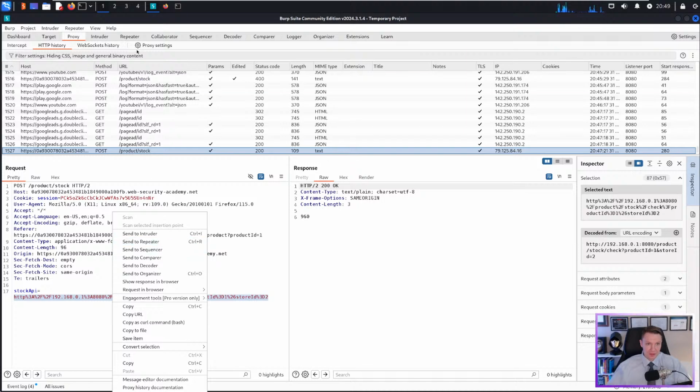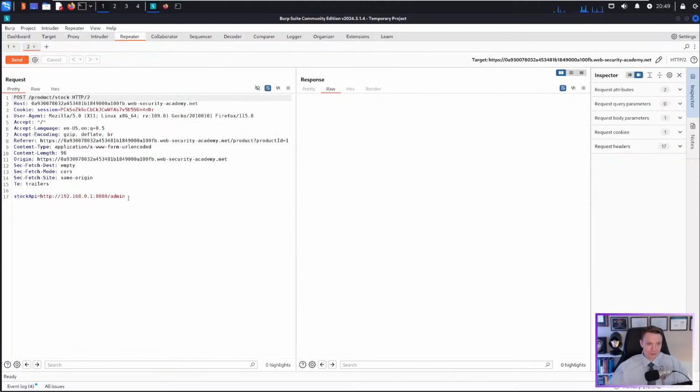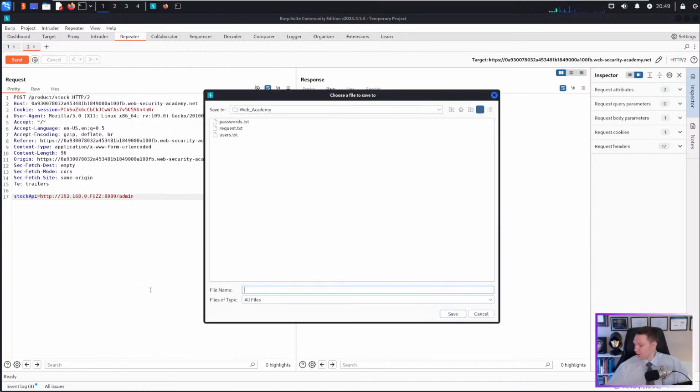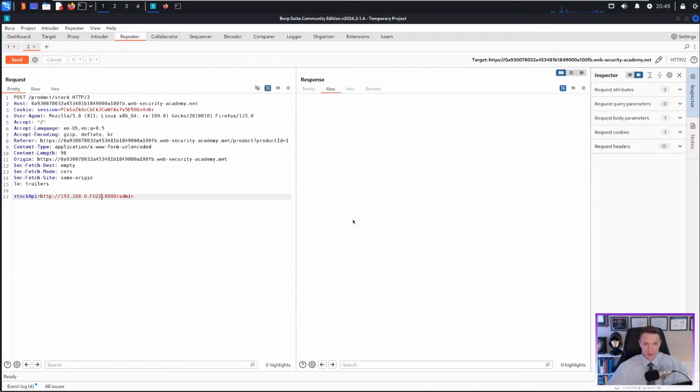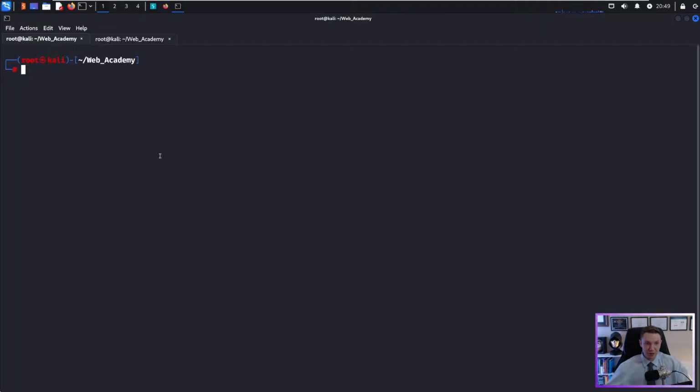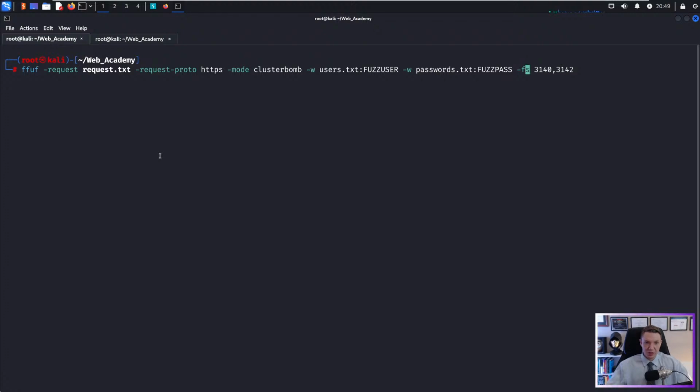Let's go ahead and send this to... Actually, I already have a thing in my repeater. Let's go back to repeater. Alright, so what we're going to do is get rid of this one and type in FUZZ. Then right click, copy the file, and replace our request.txt. Now we're going to do FFUF. It's going to be almost the same thing,